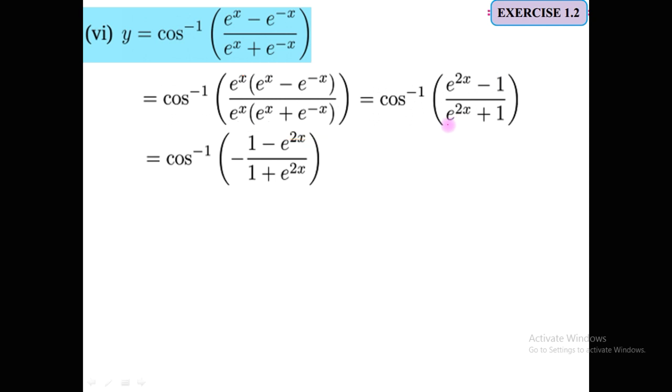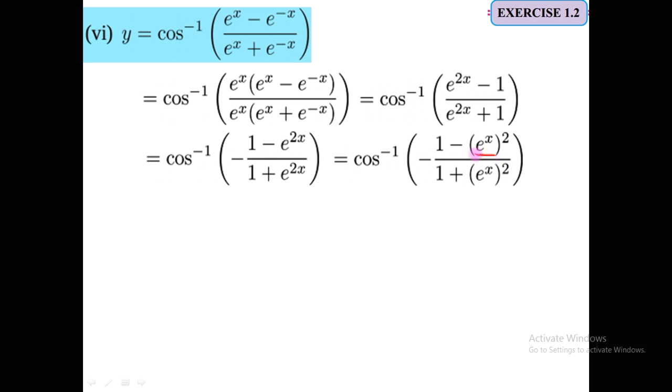So next, in this step, I have taken the minus sign outside because I want to get the expression in the form I want. So here I write it as negative (1 minus (e raised to x) whole square) upon (1 plus (e raised to x) whole square). Now assume this to be x, and you may assume this to be x for a moment. We have seen this form before, so what should x be then?